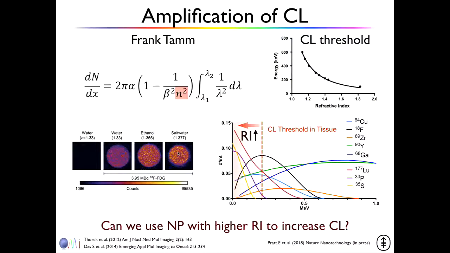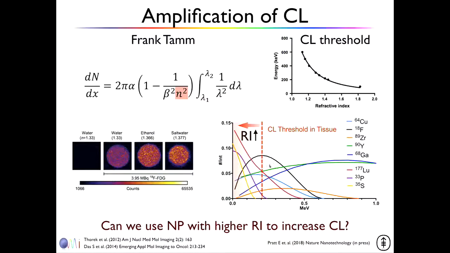What can you do with it? If you decrease the Cherenkov threshold in tissue, which is around 1.3 salt water, so basically this here, you can gain in certain isotopes a nice effect, and in others you don't. So if you look at yttrium-90, the green curve, highly energetic electrons coming out there. If you're already here, this is the 210 keV threshold in tissue. So every particle needs to have a kinetic energy of 210 or more to generate Cherenkov. If you reduce for yttrium-90 that threshold, so you move this dotted line into this direction, you don't gain much.